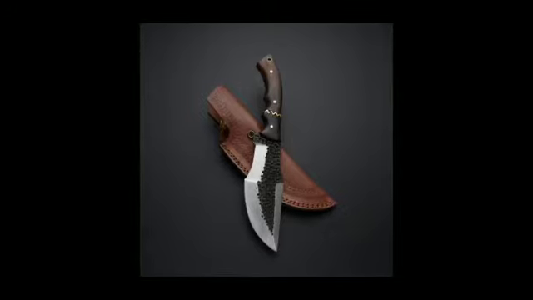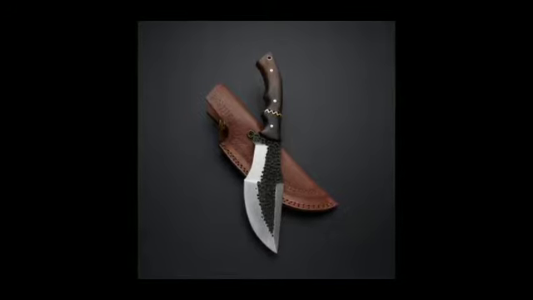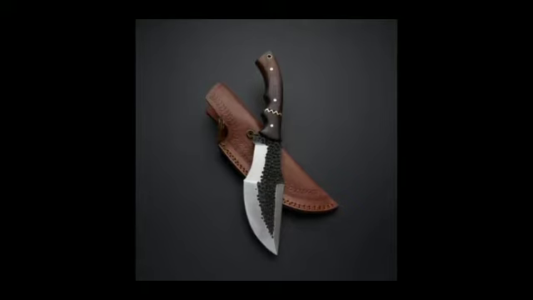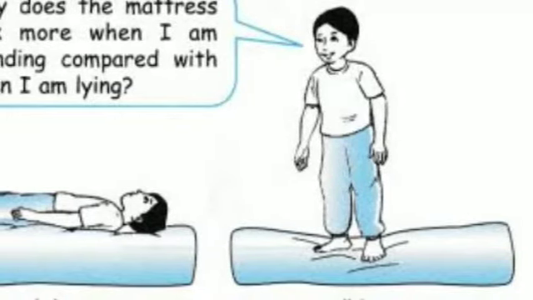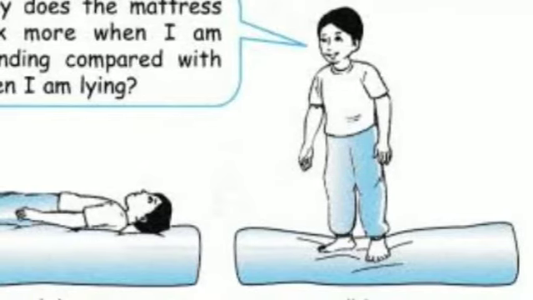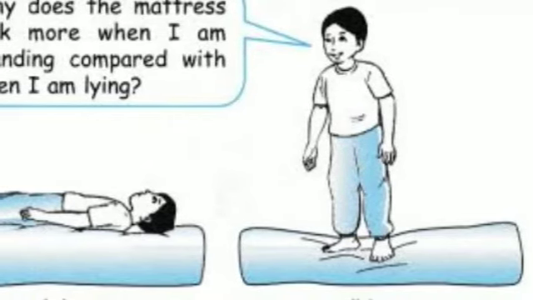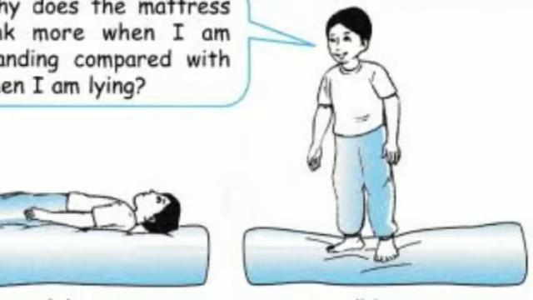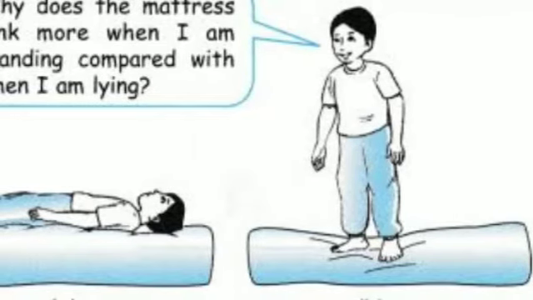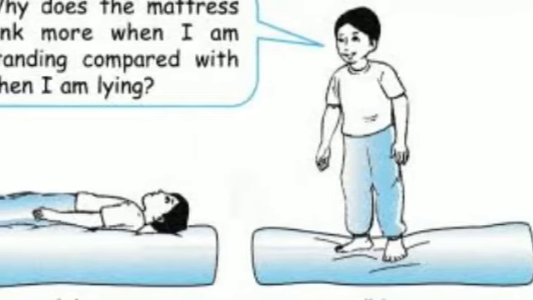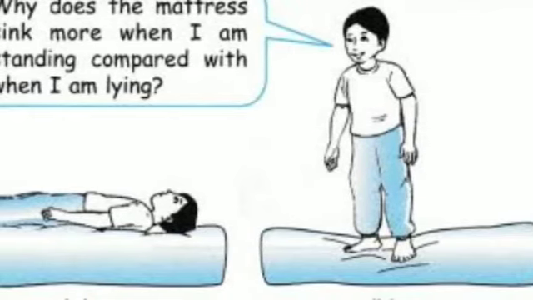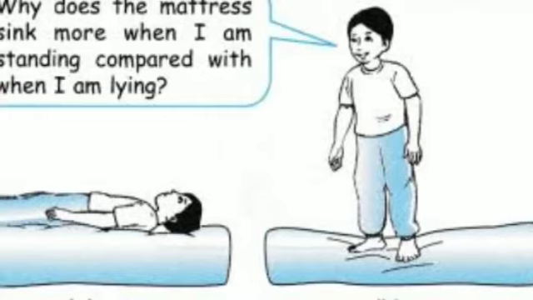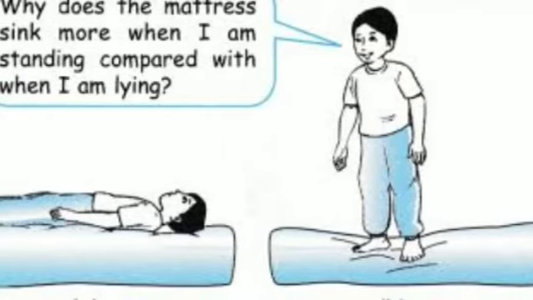So if we take an example of two cases, in the first case you are standing on a surface, and in the second case you are sleeping. In both the cases, your weight which acts perfectly downward will be the same whether you sleep or you stand. So it just means that thrust in both the cases will be same, because thrust gives us the idea about the force acting in a particular direction, right?